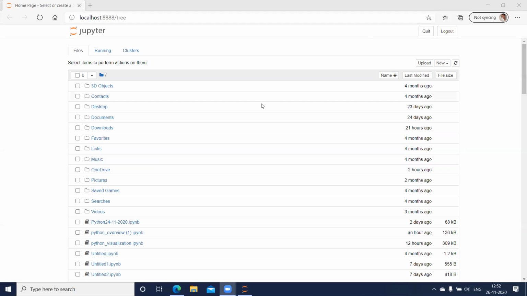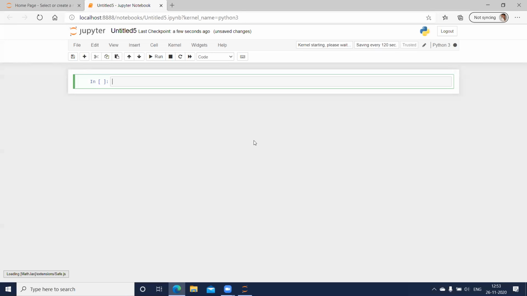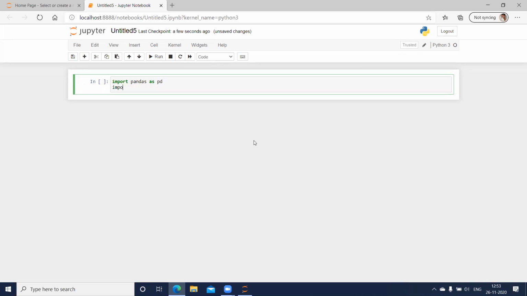Okay, let us continue. What I'll do is I'll create a new file altogether. So let me create a new Python file. Okay, this is my new notebook. Now the first thing I'll do is let me import pandas here. So import pandas as pd, import numpy